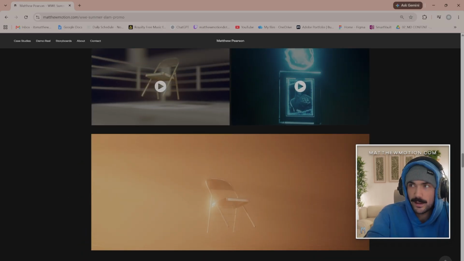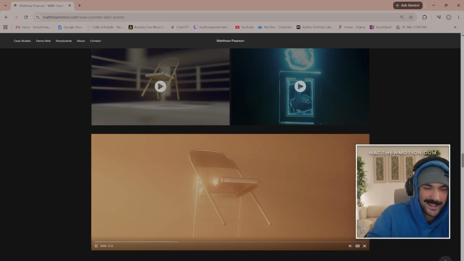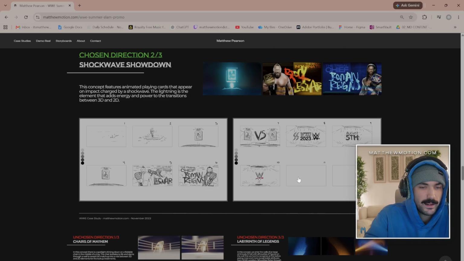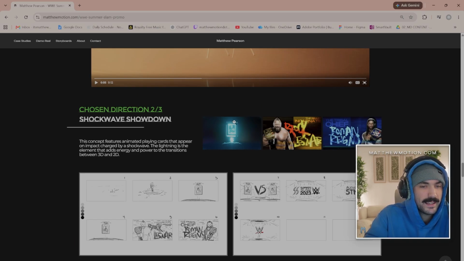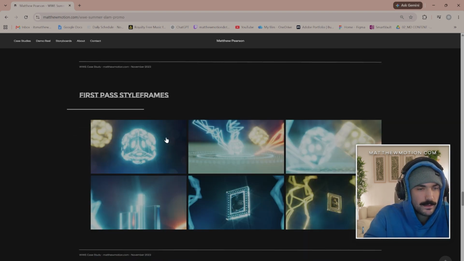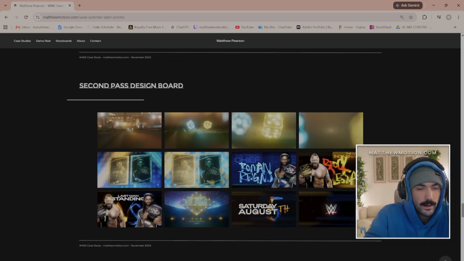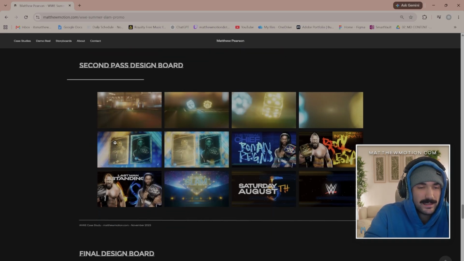That was my first idea. I was like, yo, I'm going to do flying chairs. Yeah, that did not get selected. But essentially, the one that did get selected was this like electric card thing where it was basically animated playing cards. And first pass was basically this pretty dookie water, then this,